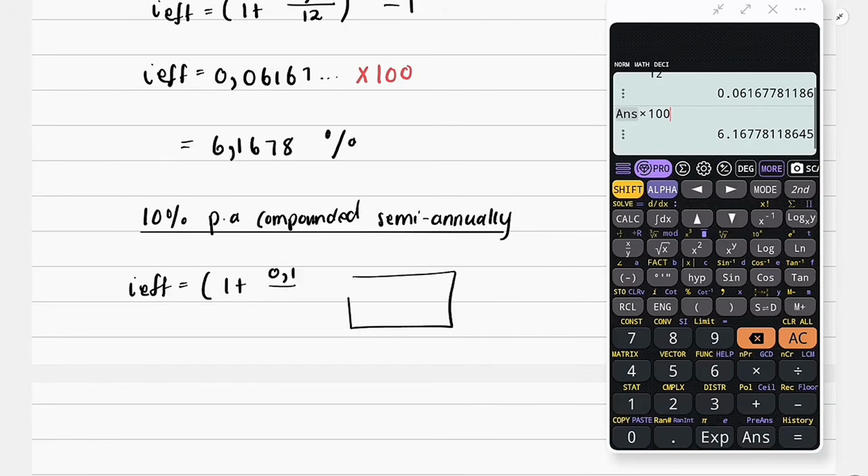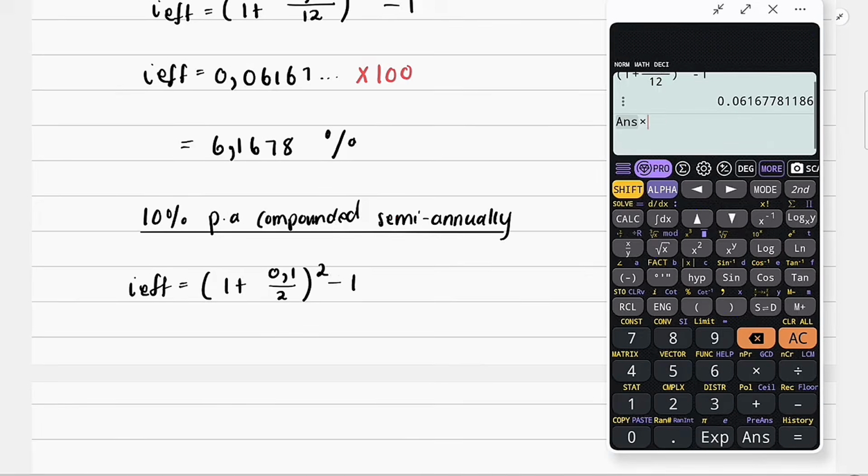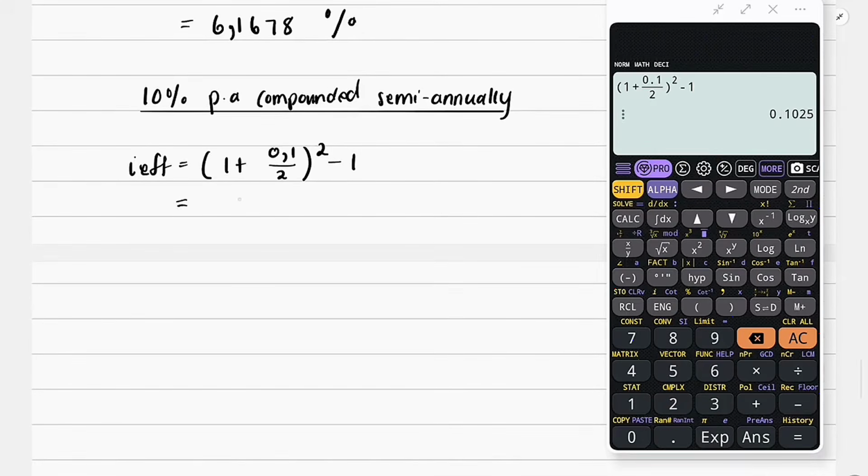So that will be divided by, if you're looking at semi-annually, that's half a year. So half a year, meaning the year is divided into 2 parts. It's going to earn interest twice in a year. So divided by 2 raised to the power of 2 minus 1. And then that's all we're going to just go ahead and change over here. We're going to change that. Okay, and that gives us